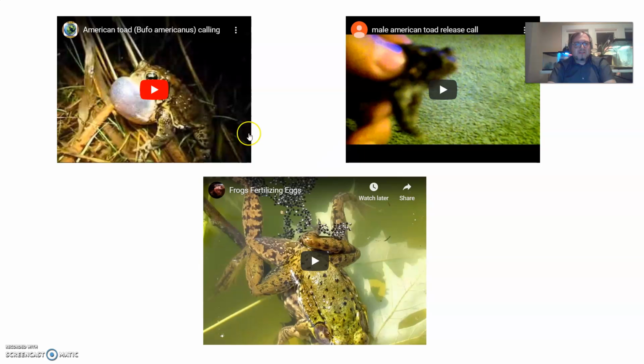Again, when you see a male, in this case, American toad or any male frog, they have one call that they use very specifically for attracting mates. They have a different call called a release call. Again, most of this reproductive behavior happens at night, but if a male toad is grabbed, in this case by either another male or a predator, something that it doesn't want grabbing it, if it's trying to attract a female, it'll make a release call, kind of a more sharp, abrupt call that differentiates from the breeding call